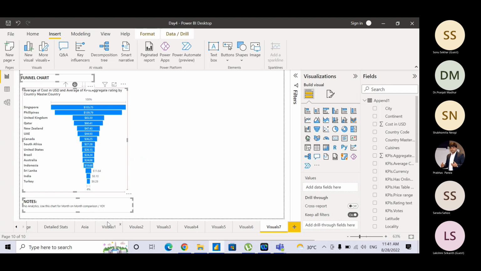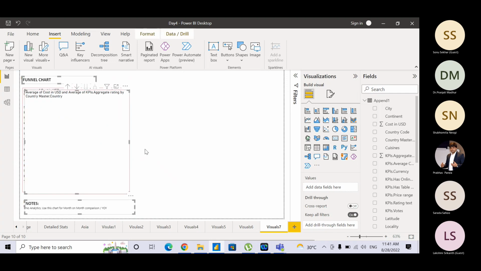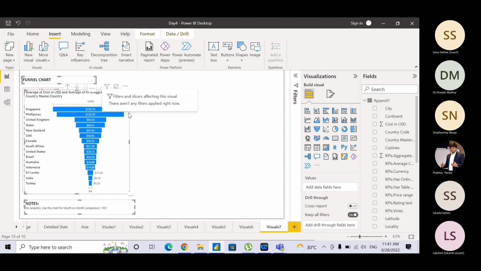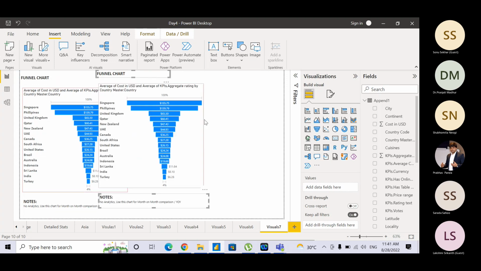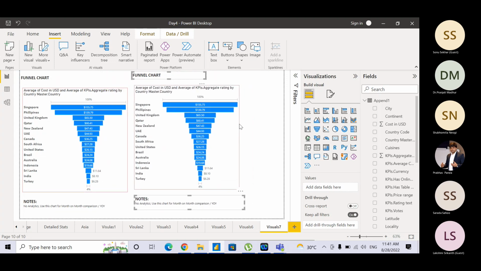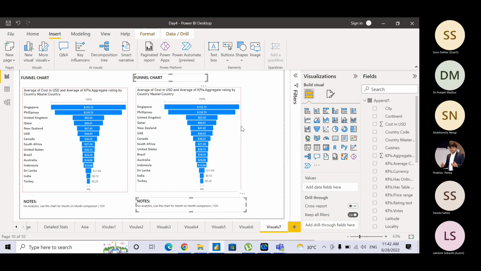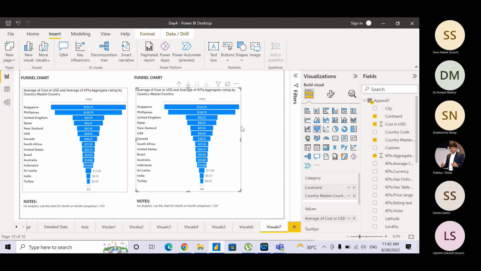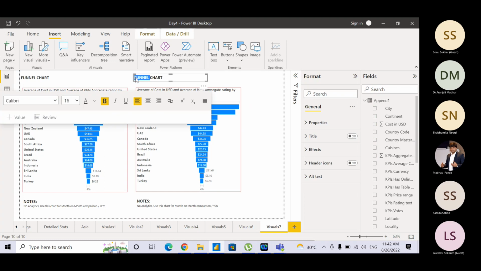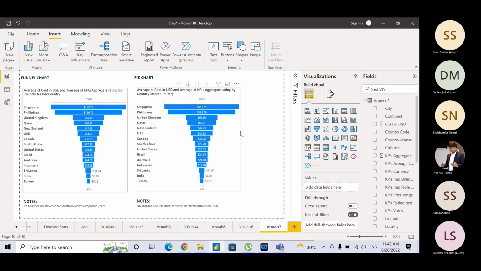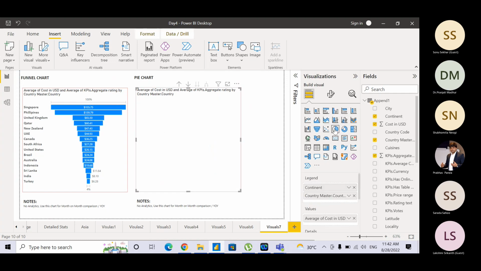Control C, which is copy, and then Control V. And I'm moving to the right hand side. And I'm going to rename this as pie chart. बस pie chart को represent कर रहा हूँ, इसको visual change किया था pie chart को।